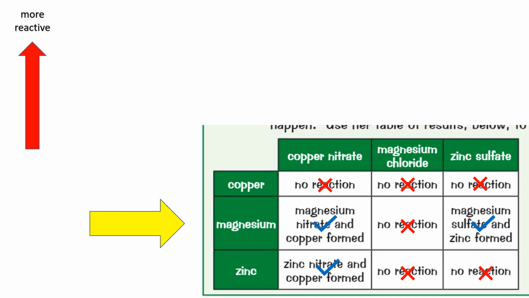Okay, right. Which one's got the most ticks? Magnesium, then zinc, then copper. Does that make sense? Magnesium, zinc, copper. Yes, it does. It follows